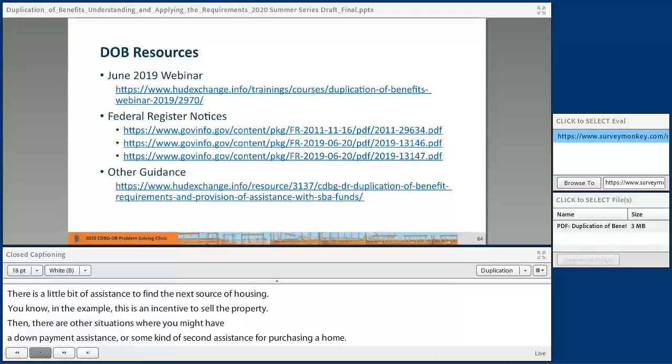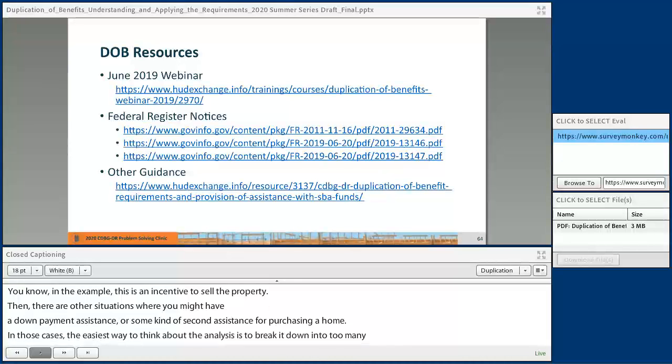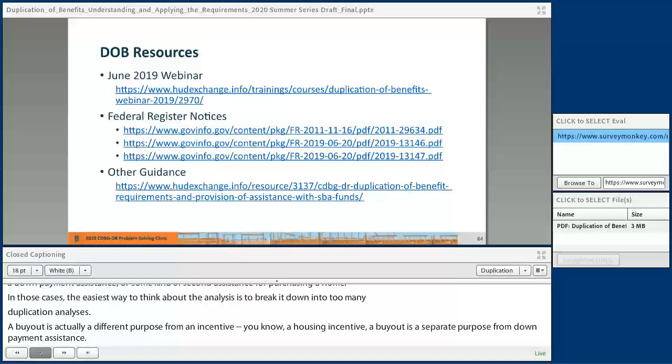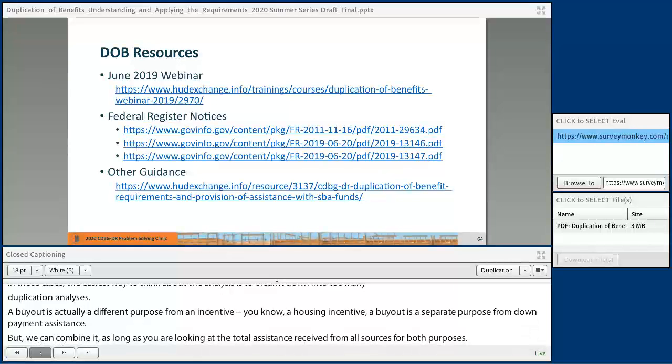A buyout is a separate purpose from down payment assistance, but you can combine it as long as you're looking at the total assistance received from all sources for both purposes, and as long as you're looking at the total need for both purposes combined. It's okay to combine them and just do one math problem, but you really need to be clear about identifying,